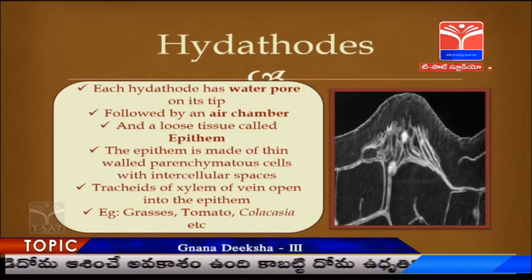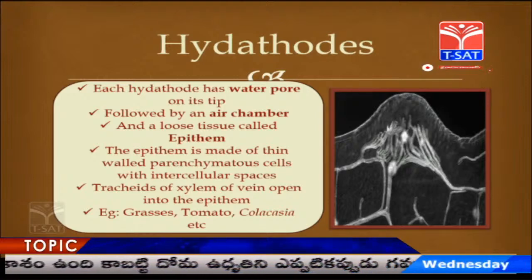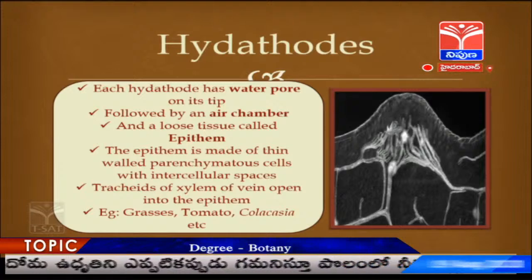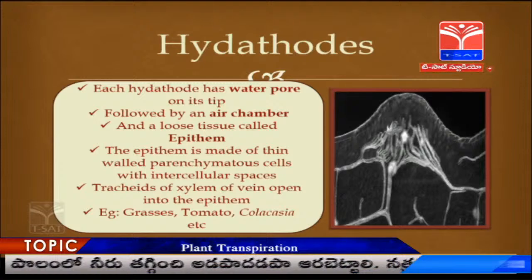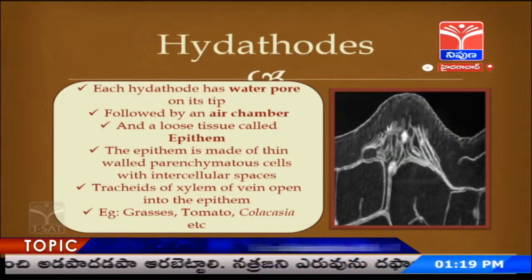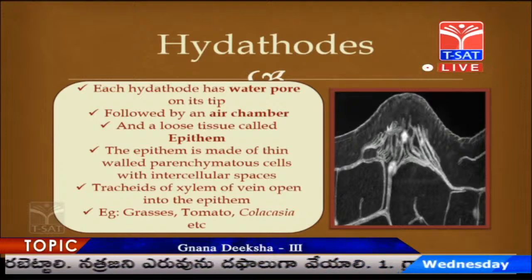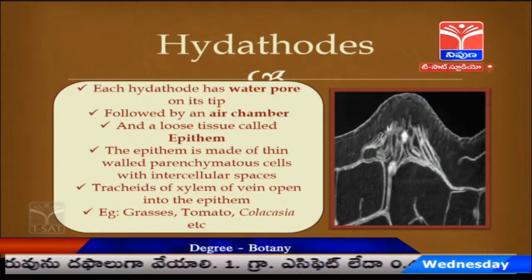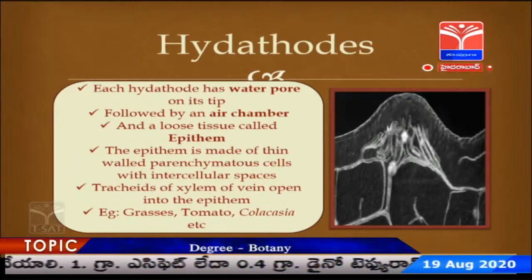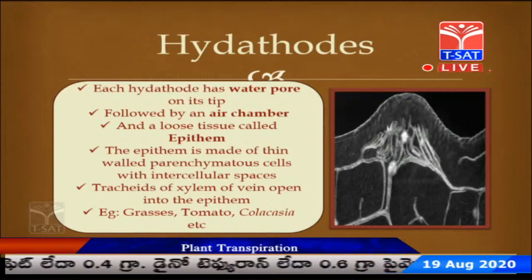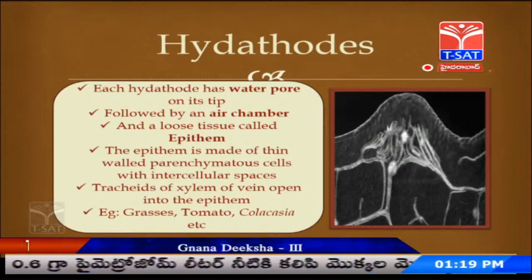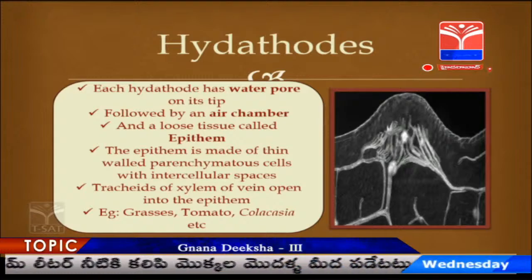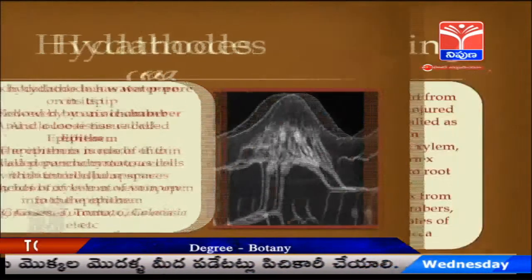So, due to root pressure, when a lot of water is taken up by the leaf, the excess gets collected in this air chamber because the vein gives out the extra water. The water collects in the air chamber, and during humid conditions, that is in the late night or early mornings, you find the exudation coming out in the form of small droplets of water.